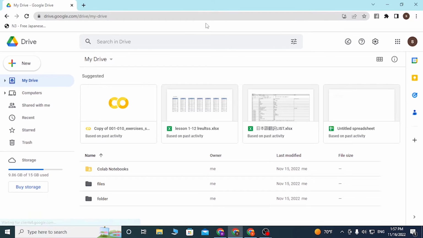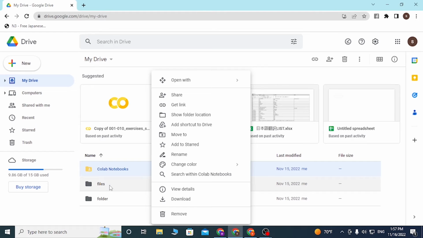But in order to be able to see this page, first you'll be required to log into your Google account. Because I have already logged into my Google account on this web browser, it's not asking me to log in again. Now to transfer your Google Drive from one account to another, first right click on any folder available on